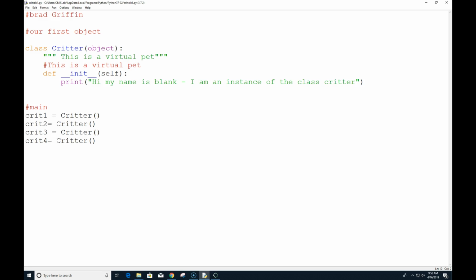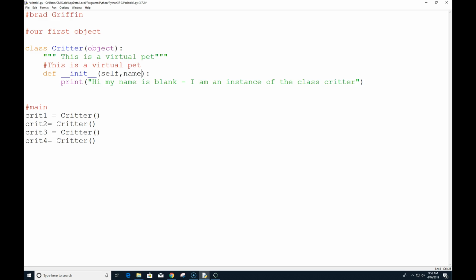So we actually jumped ahead on 224. We constructed multiple objects. We did that. We made that happen. On page 225, we're going to start creating some new objects and add some attributes to this. So we're going to take our code and we're going to modify it a little bit. And we're still going to create something called critter. And we're still going to have a constructor, but we're going to add another piece to it.